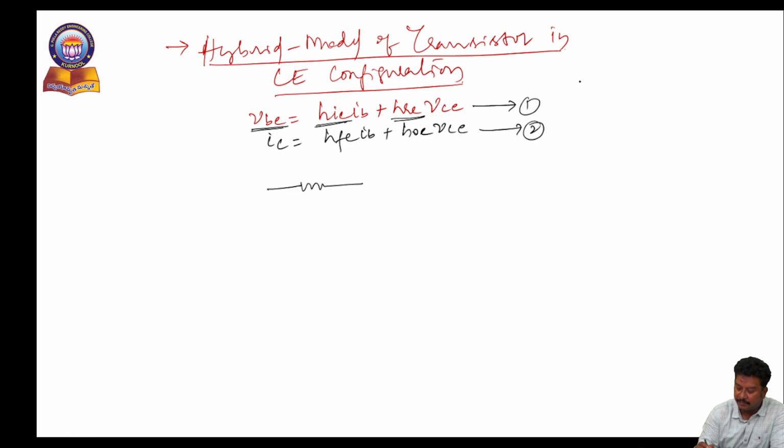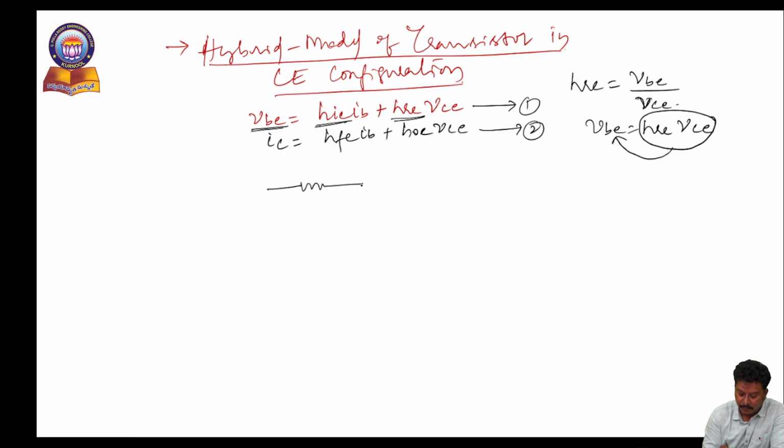And HRE, if you carefully observe, is nothing but, by considering the input as open circuited, VBE by VCE, so that VBE is equal to HRE into VCE. So indirectly HRE VCE is explaining the voltage behavior, so I am considering it as a dependent voltage source,